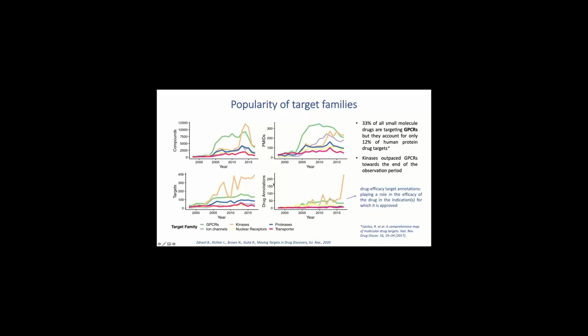And then if you look at this drug annotation curve here, that's basically capturing drug efficacy target annotations as they are captured in ChEMBL. And this peak here at the very end in 2017, I looked it up today because I thought maybe that was a mistake, but actually it's really just one paper reporting this many drug efficacy annotations. So that's not unique drugs, that's really annotations as they appear in papers, even if the same drug is reported multiple times in a year. But probably this means that it is not a very good measure to capture attention for a target family.